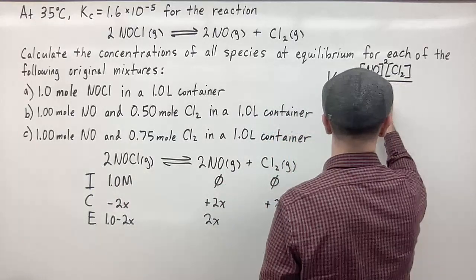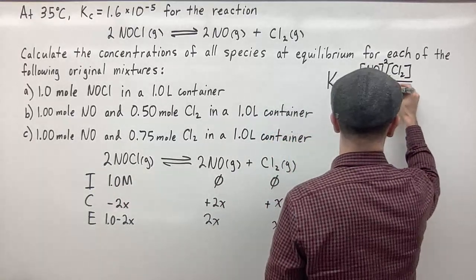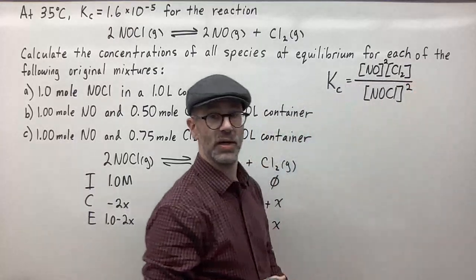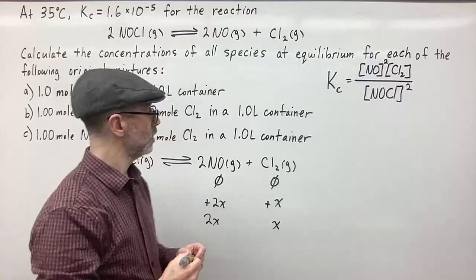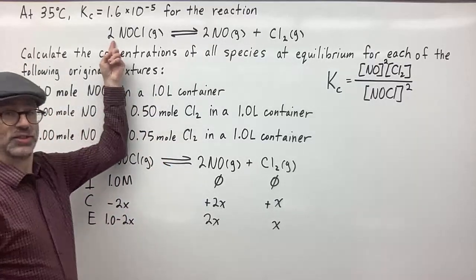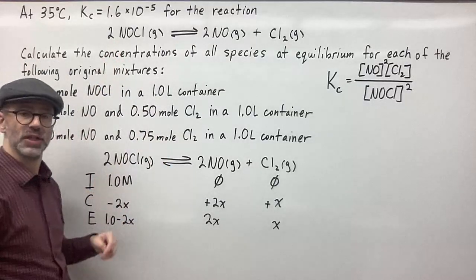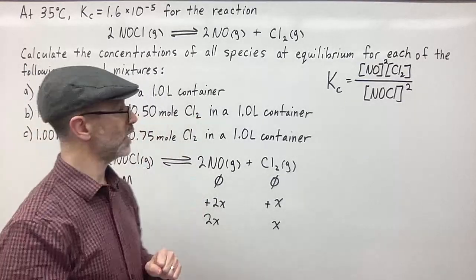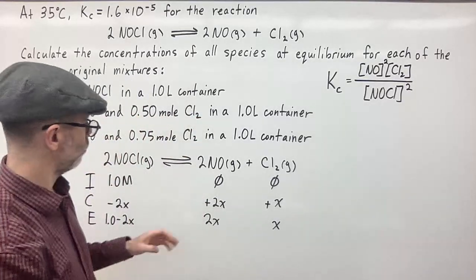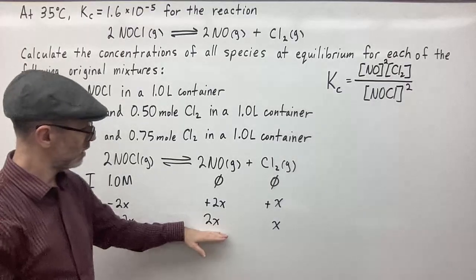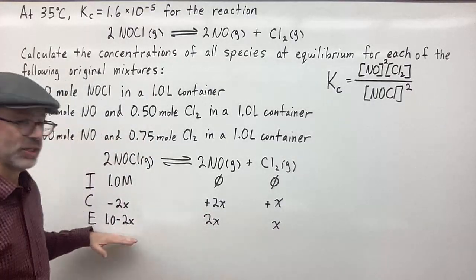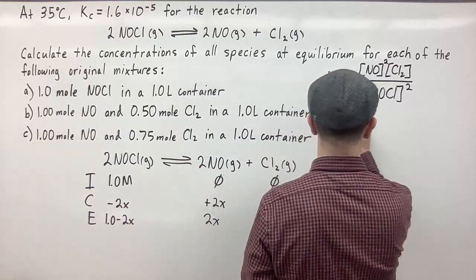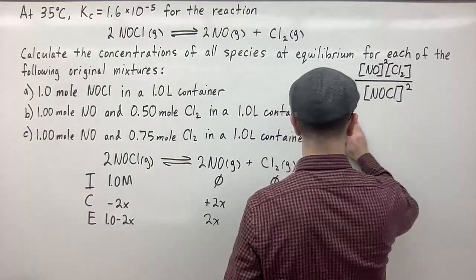So we're going to have NOCl, and that's also raised to the power of 2 because it has a 2 coefficient. So now we have our expression for the equilibrium constant K, and now we just plug in the equilibrium concentrations in terms of x. So this is going to be equal to, let's write down,